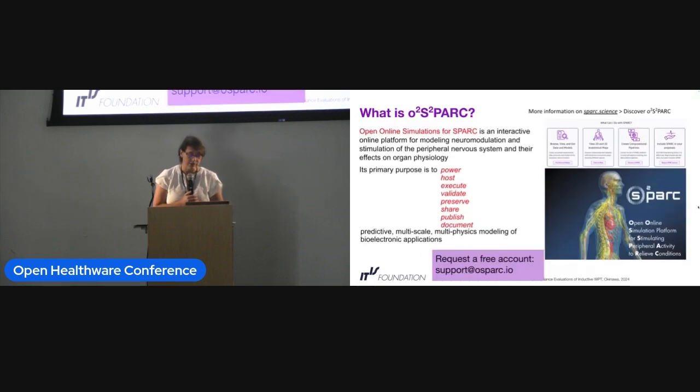And so o²S²PARC is free for you to use. If you do any modeling or you want to do any data analysis, please take advantage of this very powerful online cloud-based computational pipeline. Its primary purpose, these are a little bit old, is to give you the power of prediction.